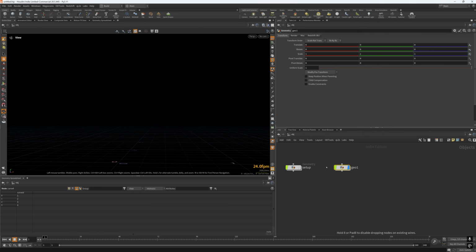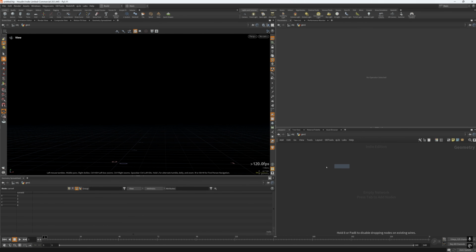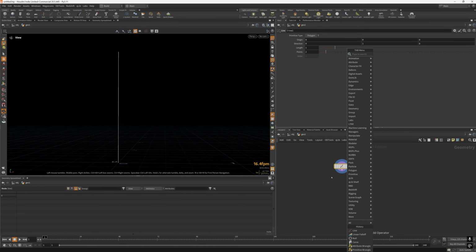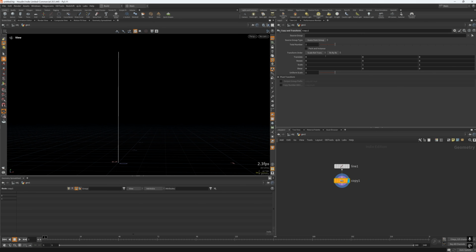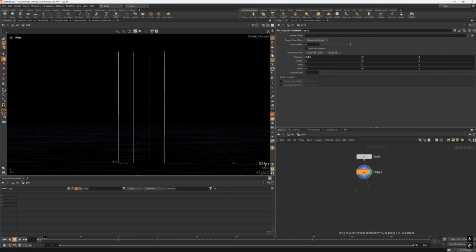Let's drop a new geometry. Let's drop a line SOP. Okay, let's drop a copy transform. Okay, let's make some copies here. Let's just do 4, and we're going to translate them and just move them offset. Great. First thing we need to do is create an attribute